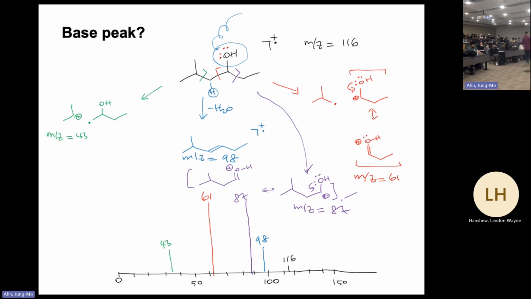All right, so would that be the only big peak you're going to see? I just want to point out that there might be one more. It may not be the base peak, but there is one more, which is that dehydration peak. That one, you got the double bond from there. So if that methyl goes out, you're going to get the resonance